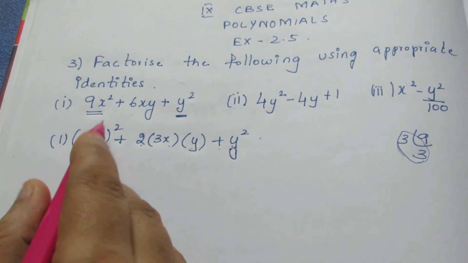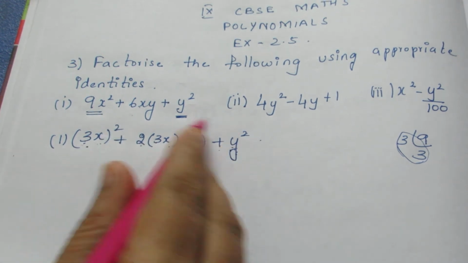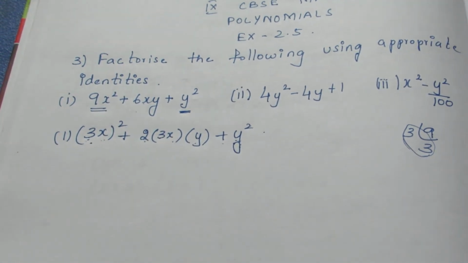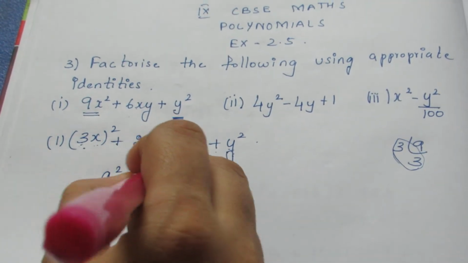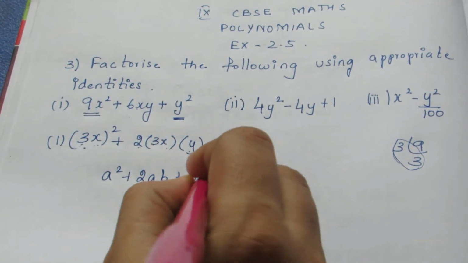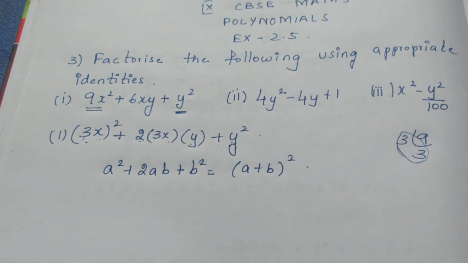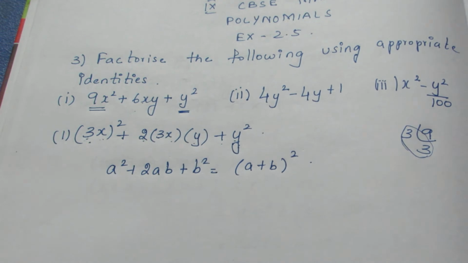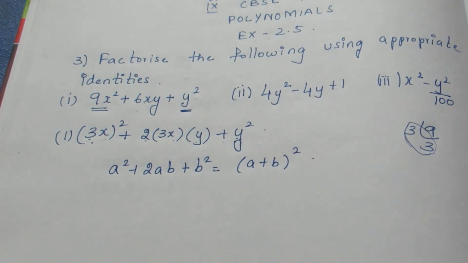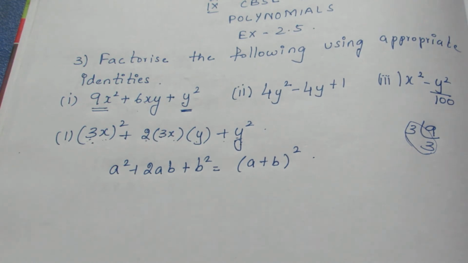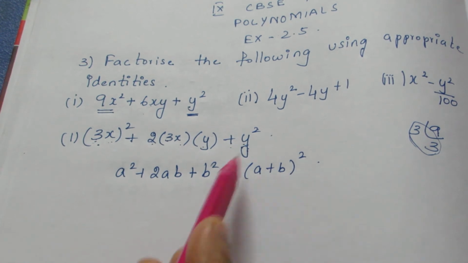If we square here, it becomes 9x square. Here 3 2s are 6, 6xy plus y square. So it is in the form a plus b whole square. You can write this to be a square plus 2ab plus b square equal to a plus b the whole square. Always remember that for a polynomial, if the question is given as an identity, we need to write the answer. If the answer is given, we need to write the question. Here it is in the answer form, we need to finish it in the question form.